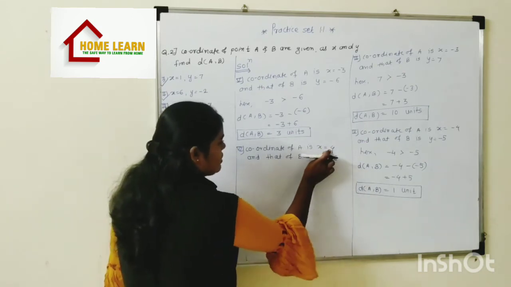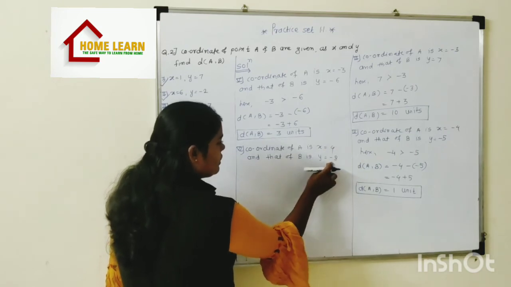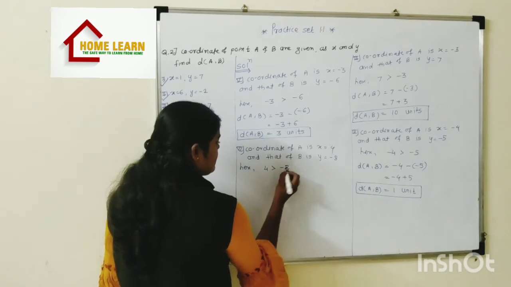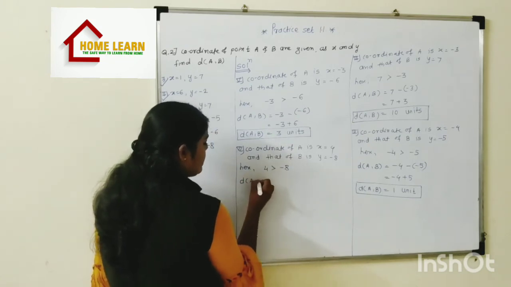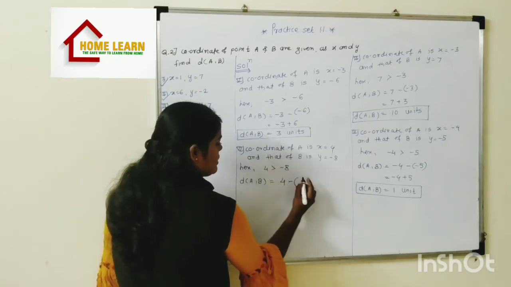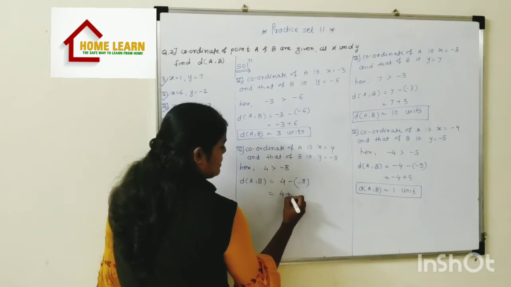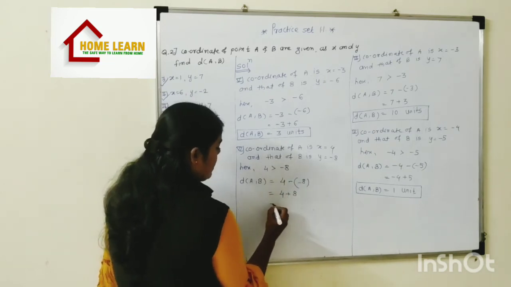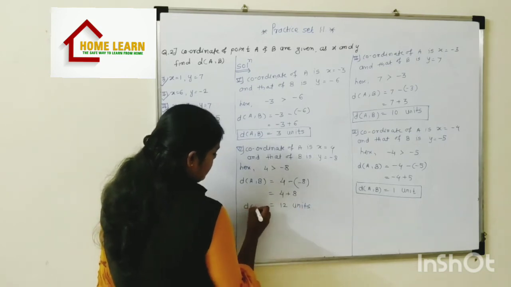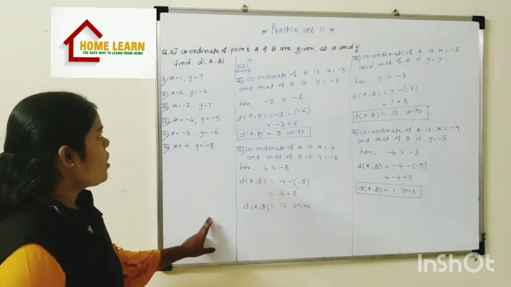Now you can see, this is a positive number, this is a negative number, and all positive numbers are greater than negative numbers. So right here, 4 is greater than -8. Hence the distance between points A and B is the larger coordinate minus the smaller coordinate. Minus minus gets plus, right here 4 plus 8, and the answer is 12 units. So the distance between points A and B is 12 units. This is the solution of question number